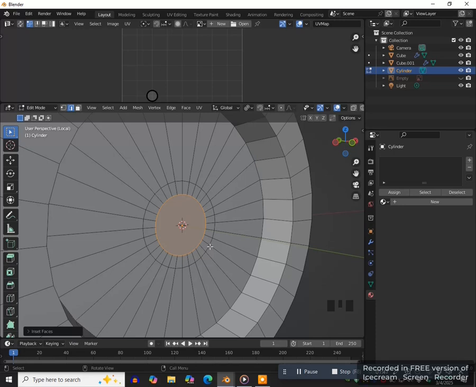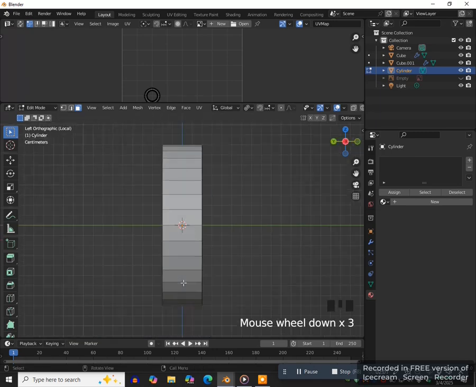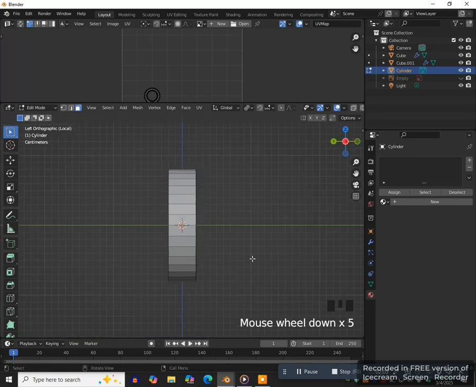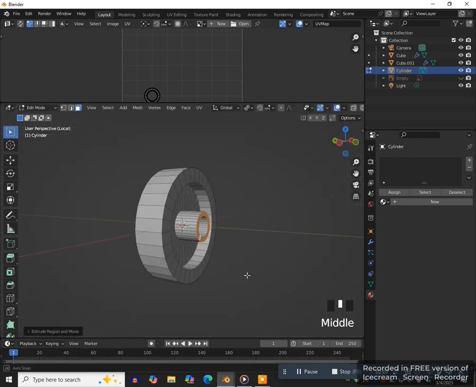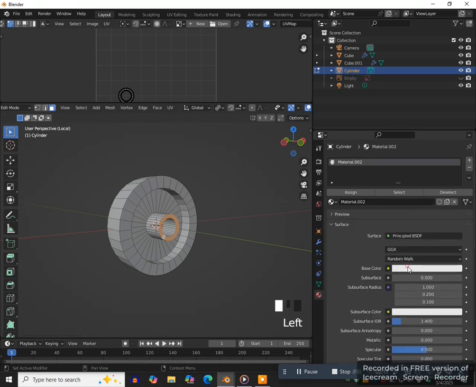And then we're going to press 3 to go to face select. And you're going to hold down Alt and select these. And that selects the whole loop, the whole circle. Let's go to Control, numpad 3 to go to side view here. And then we're going to extrude this out on the y-axis to the right, EY. So it's protruding. And then we're here in Material Properties, New, and then Base Color,